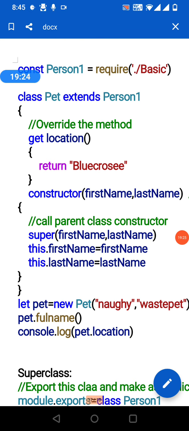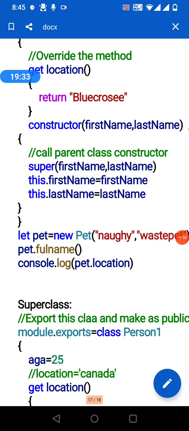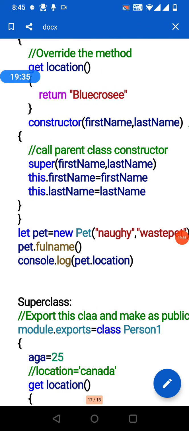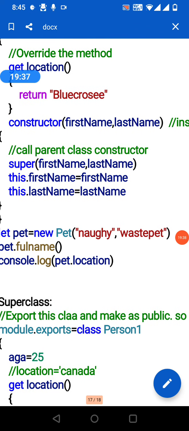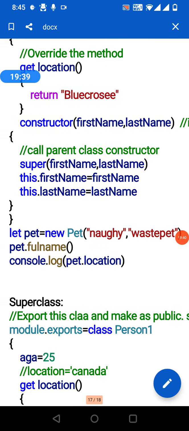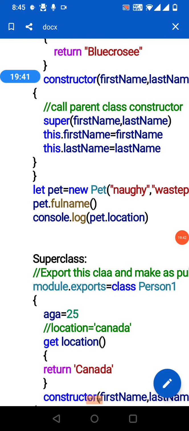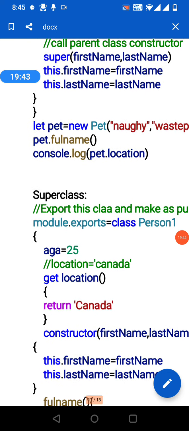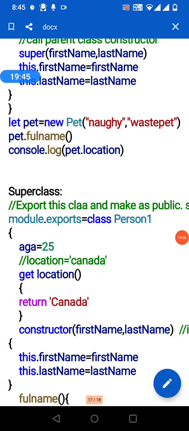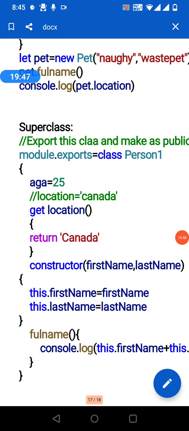Inside we need to call the parent class constructor, super of first name comma last name. Initialize the values for that. New pet equal to naughty. This is the superclass. Export, that's it.